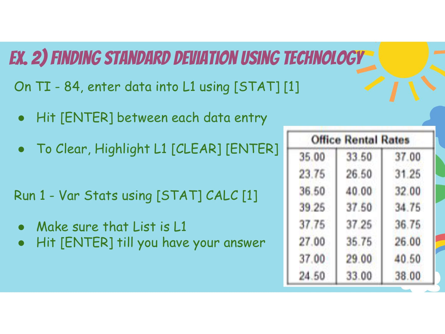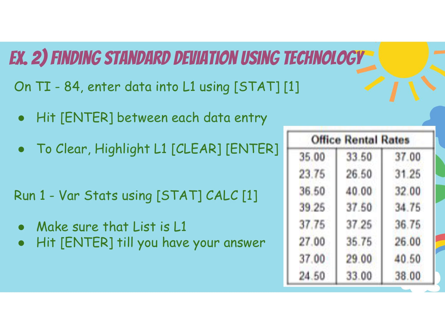And we want to list all of this data. All of it goes into list 1. So all of it goes into that same column. You hit enter between each data entry. And if you need to clear L1, you want to highlight L1, hit clear, and then enter. So once you've entered in all of that data, all into the same column, L1,